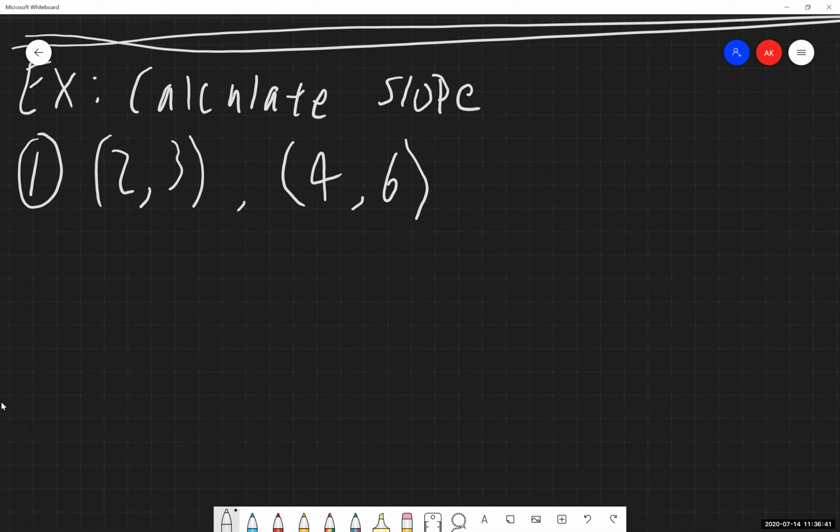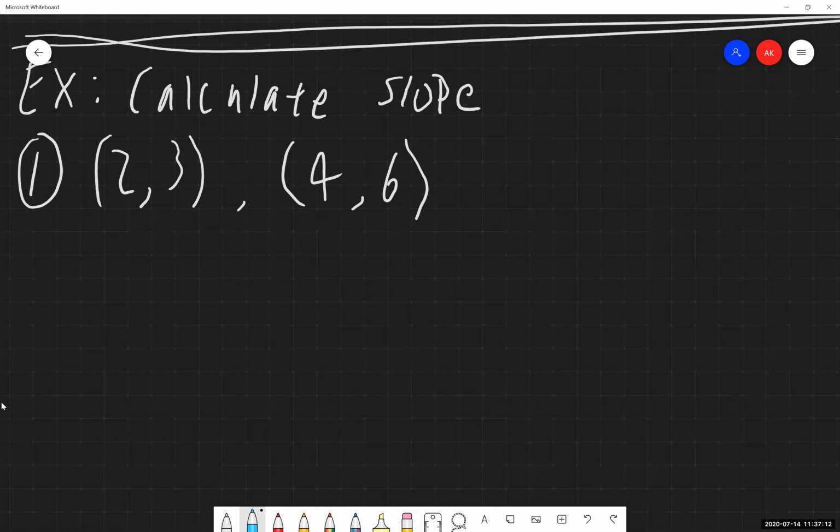It does not matter which point you label to be x sub 1, y sub 1, or x sub 2, y sub 2. You will get the exact same answer regardless of whether you use the same method that I'm going to use, or you reverse them. You just need to pick one and move forward with it. I'm hoping that's a common theme you guys are seeing with a lot of the stuff in math. Lots of options, pick one and move forward with it.